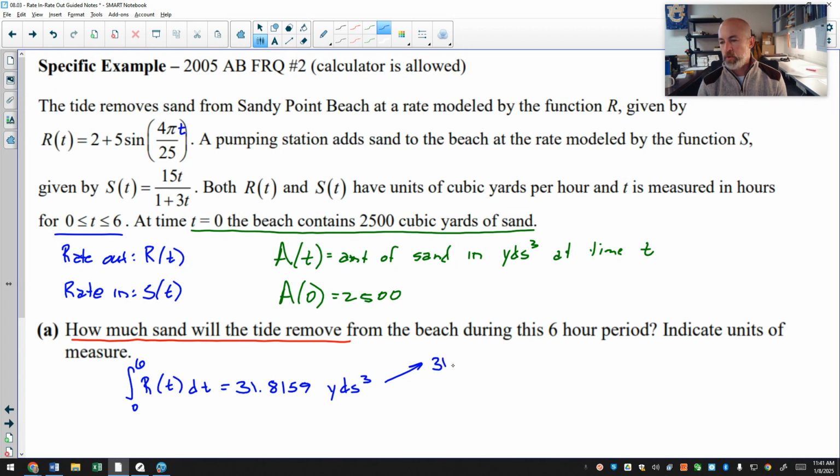They would accept 31.816 following standard rounding procedures, or they accept what is called the truncated version, where you simply write what you see for the first 3 decimals and you stop. Now, I already have units written, but it's bugging me not writing it again. All right, so there we go. The amount of sand that has entered would be 31.815 yards cubed,